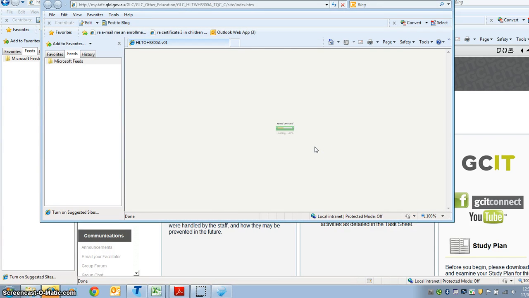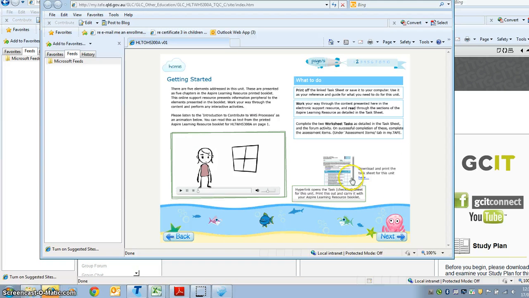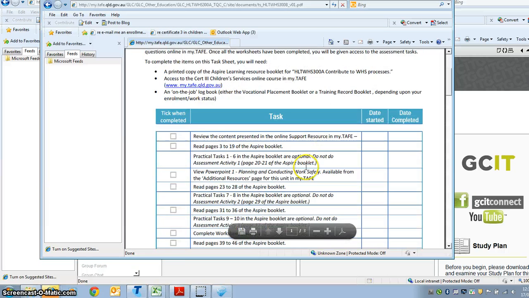where a little slideshow will open up. If you missed out on an orientation session, you might not know this little trick, but before you start every unit you should open up this support resource and go to slide 2 where you'll see a little task sheet. You should open up this and print it,